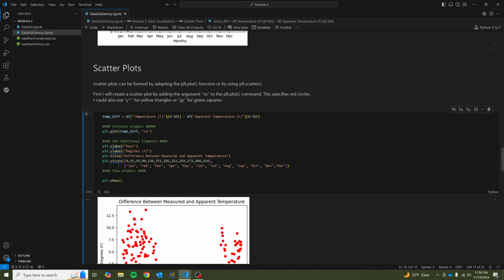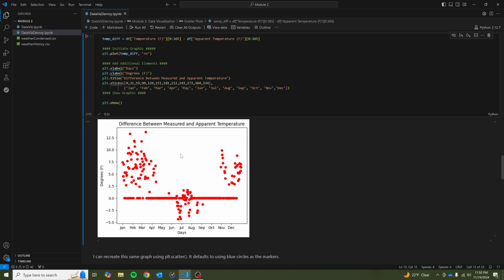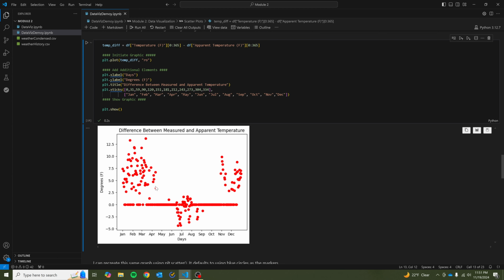Okay, and there we go. We can now visualize the difference between the measured and apparent temperatures. Fortunately, we don't really have much of a trend here, so this wasn't very informative, but it is a very nice scatter plot. Now we want to look at recreating this same plot except using the